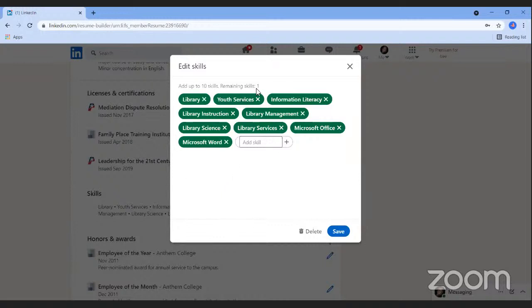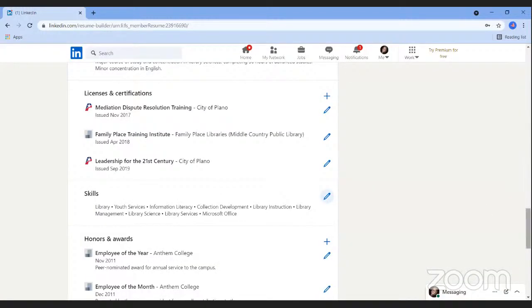So if I'm listing out here that I'm skilled in youth services, it will make sense for you to see youth services come up again in the jobs that I've had, the projects that I'm highlighting, or the summary that I'm writing. Let's go ahead and close out of our skills there.